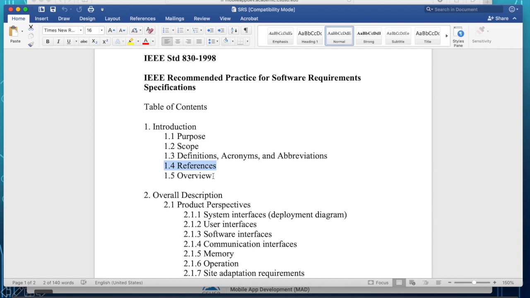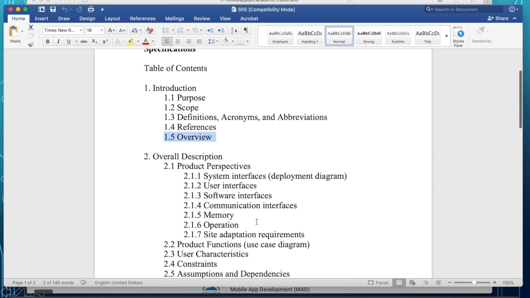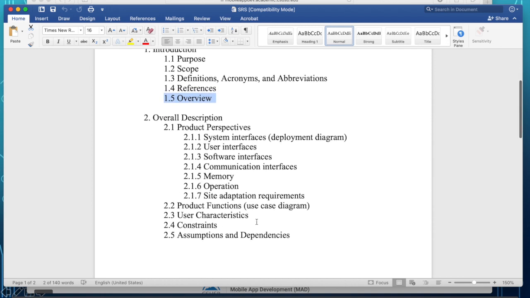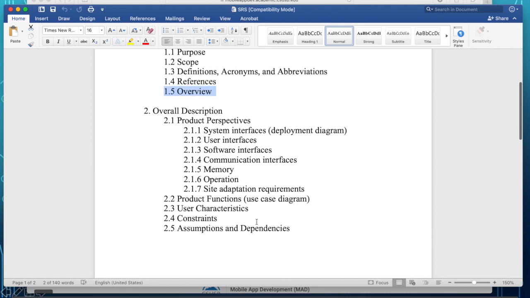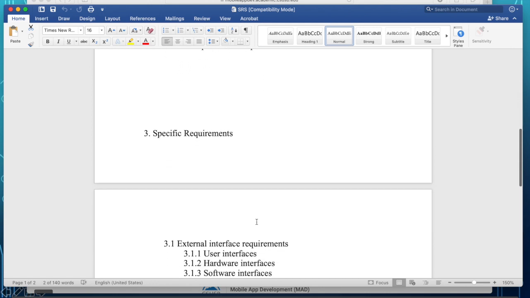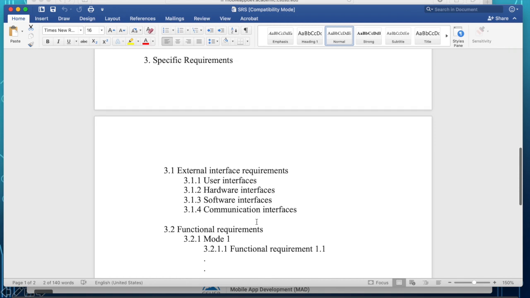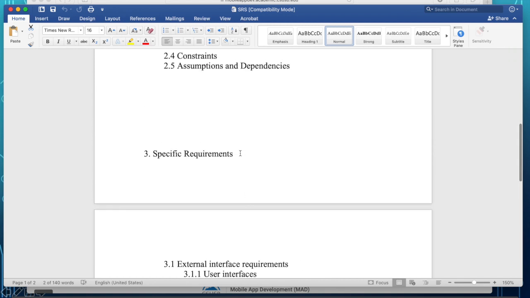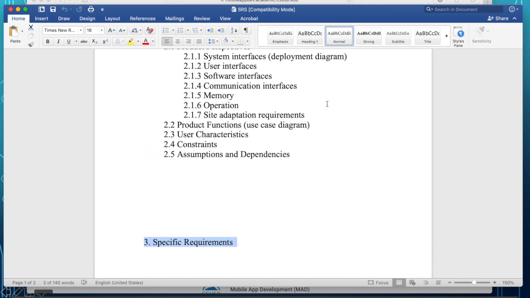Overview is a summary of the following sections that the reader will find in your document. So you may say the overall description will contain the use case diagram and deployment diagram of the software, and the section 3 specific requirements will contain mainly the user interface and specific function of what the software will do.